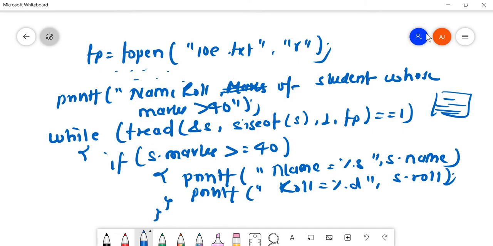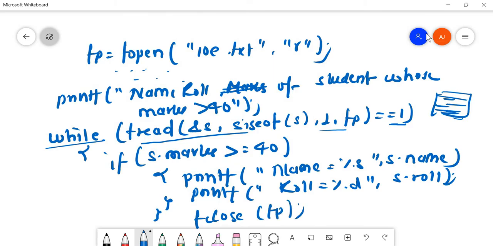Fine, in this way. I hope you understood this. So I'm using a while condition, till we are able to read all the content of this file, till this condition is true. Till this condition is true, I'm going to compare the marks, that is, if s dot marks is greater than or equal to 40, I'm going to print the name and roll number. And after that I will close my file. Curly bracket.